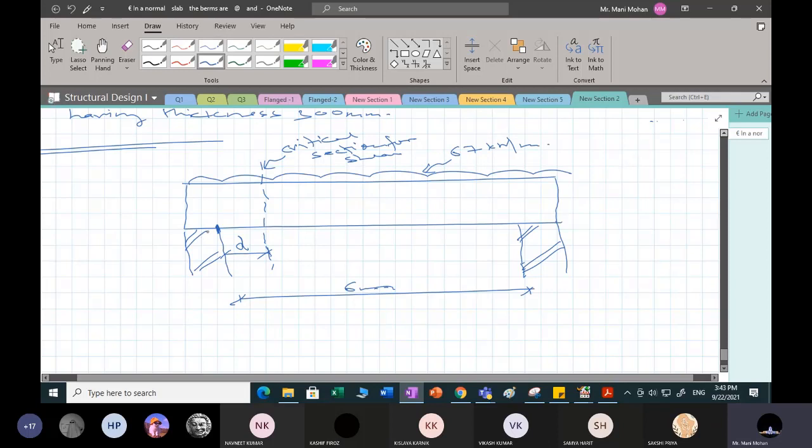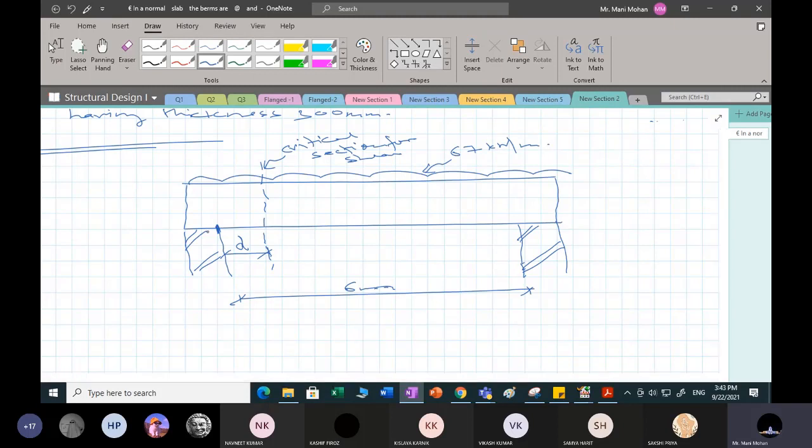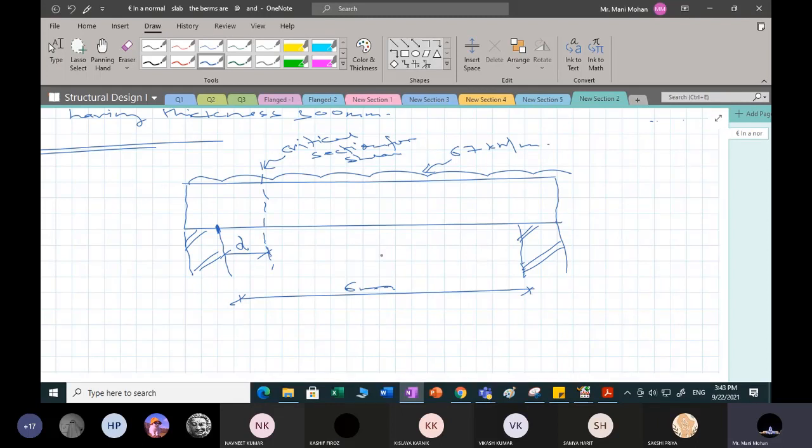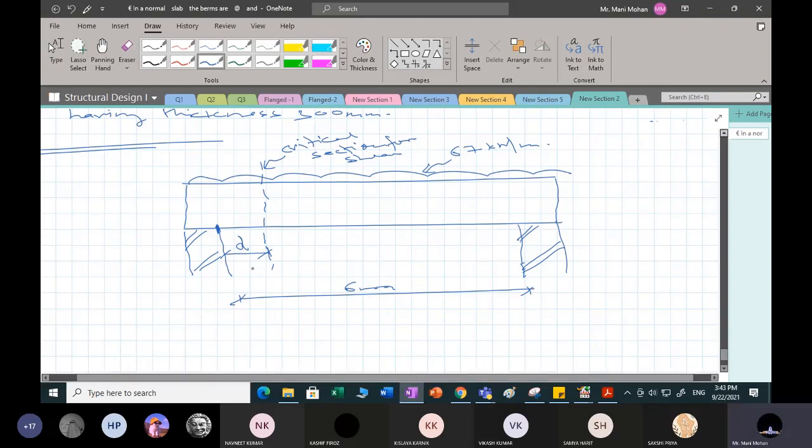And I said when you have this compression force in the member, then the shear action is going to be less. Okay, you can say the resistance against shear is going to get enhanced. So what I will be doing, I'll compute what is the center to center distance. So the center to center distance is going to be 6.3 meter because the thickness of this wall is 300 mm. It is 0.3 meter.